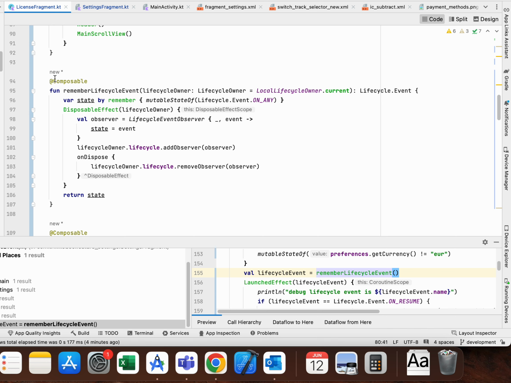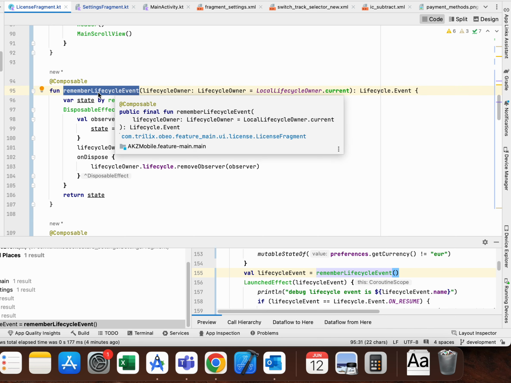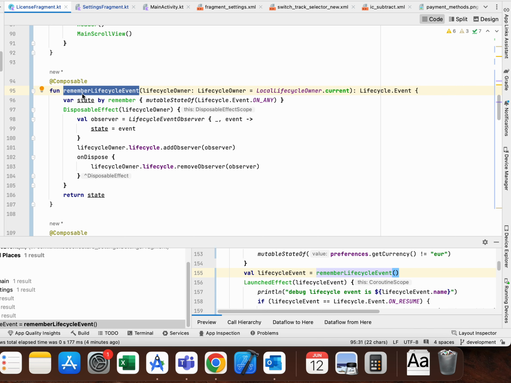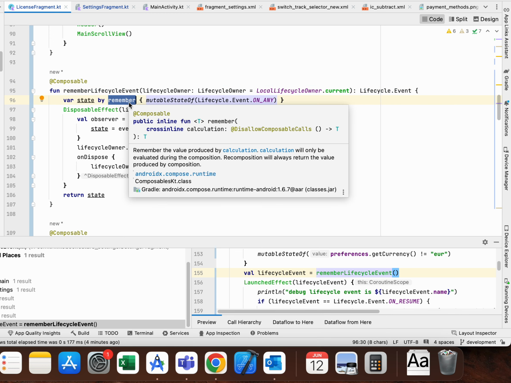So you need to make composable function. You can name it whatever you want. I named it remember lifecycle event. It gets as a parameter lifecycle owner, which is by default local lifecycle owner current, and it returns as lifecycle event. Inside this function we declare state variable, which will be remembered by multiple